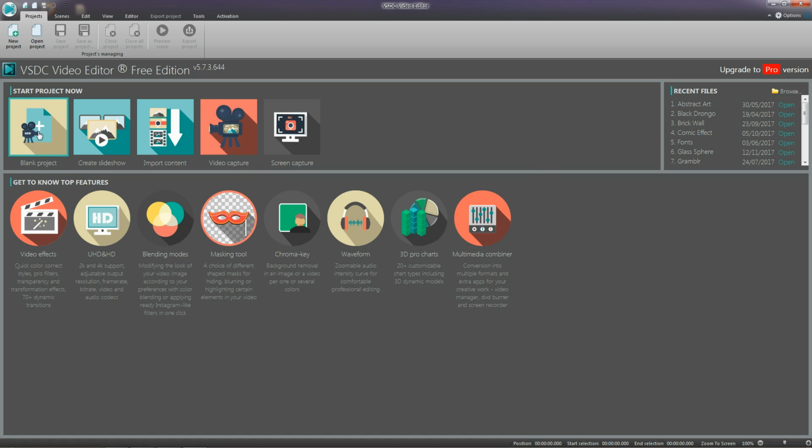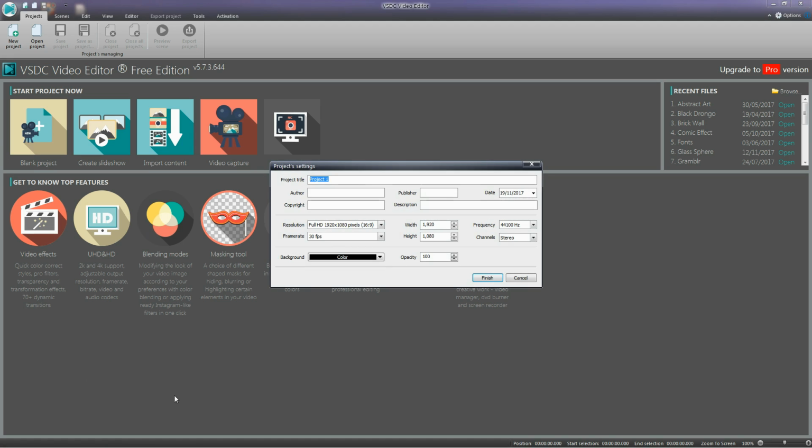First of all, just click on it over here, and then you have a project settings form. The first thing you need to enter is the name of the project. This is important so that you can save the project. If your editing spans a few days, you can always save the project files, everything will be saved on your hard drive, and you can also back up this project. So the first thing is the project title. I'm going to give it some name, for example